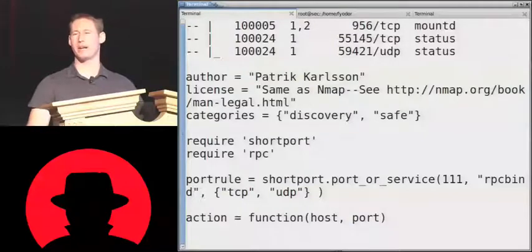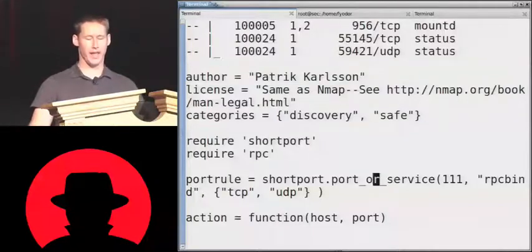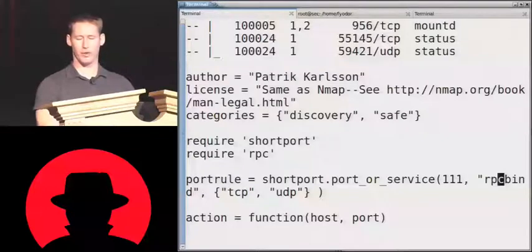Basically it would be terribly inefficient if Nmap ran rpcinfo against every single port that it finds open. It's going to do no good against web servers and most other services. It only works in very specific cases. So with the port rule, you tell Nmap that the rule is if port 111 is open, or if it's any port number and it's the rpcbind service detected by version detection, and if it's the TCP or UDP protocol, since this script can handle rpcbind on both. In that case, it tells Nmap, okay, this is a port that this script is interested in,